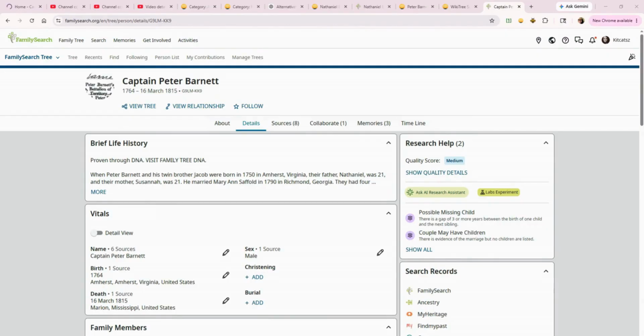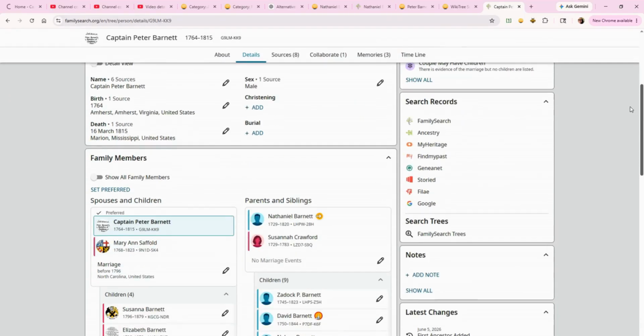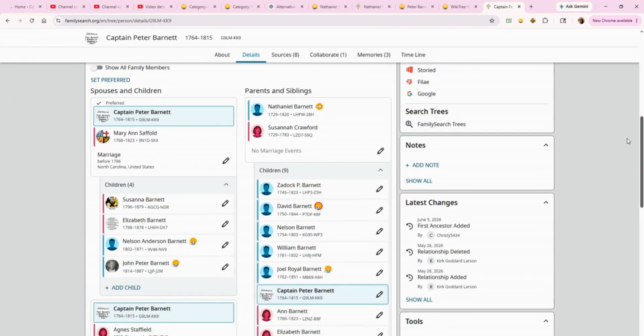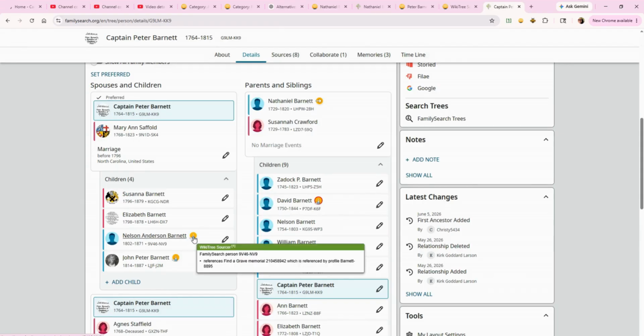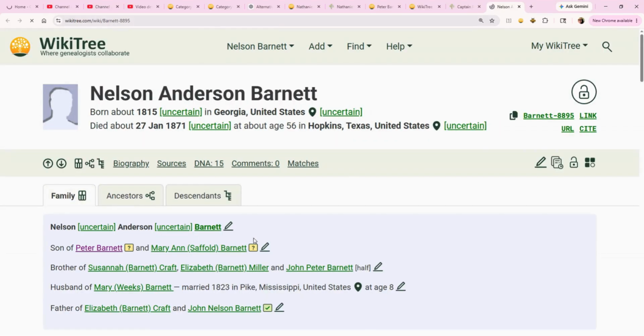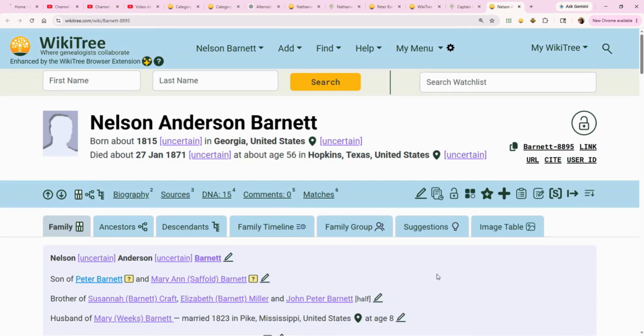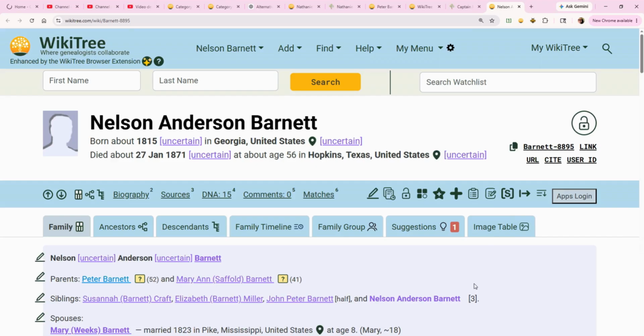Have you seen the latest update from WikiTree Sourcer? If you're on FamilySearch, little orange icons appear if a profile exists on WikiTree. And if you click on one of those icons, it will open up a new tab with the existing profiles. You want to double check to make sure that somebody didn't put the wrong sources to a profile, but it's